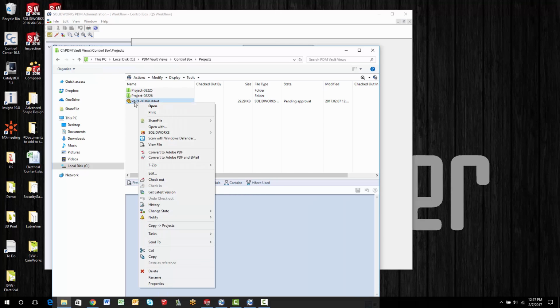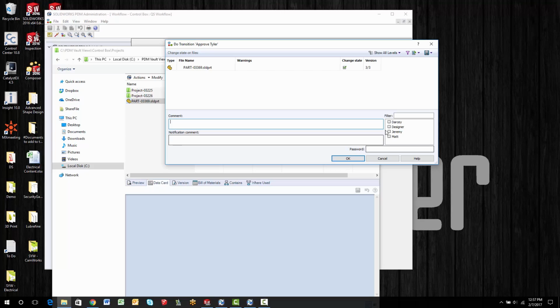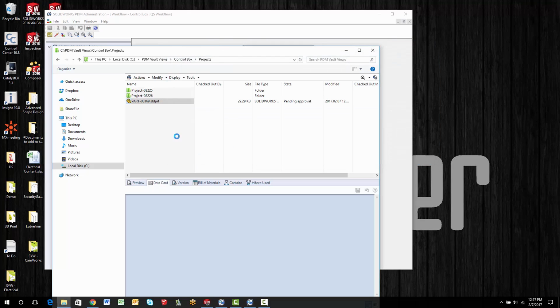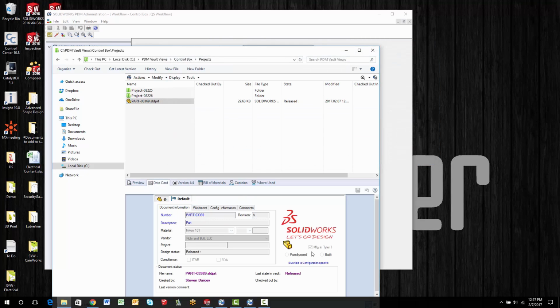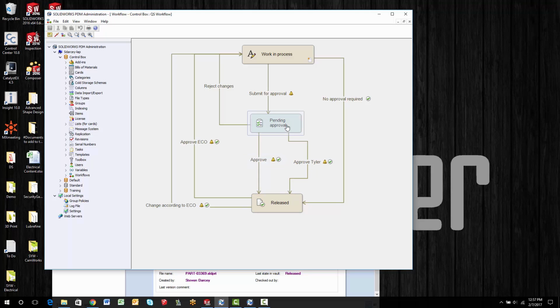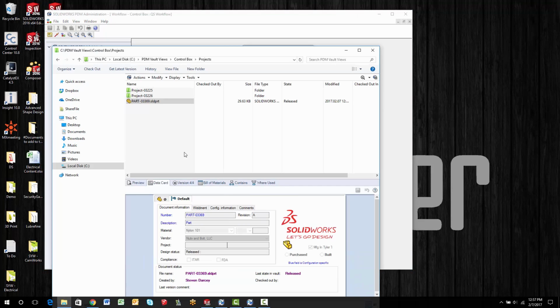So I don't have to decide whether or not this is going to be manufactured on the data card. When I change the state and approve it to Tyler, Texas, you notice we've got everybody that I can check, Matt if I need to. I'll go ahead and say OK. And then notice that the checkbox is automatically checked now because the workflow is actually pushing that to manufacturer in Tyler, Texas. So two different ways to complete this workflow. The customer actually decided to do this one where it notifies them and puts the little checkbox on there. So now if they do a search, they could actually search for all the parts that are manufactured in Tyler,